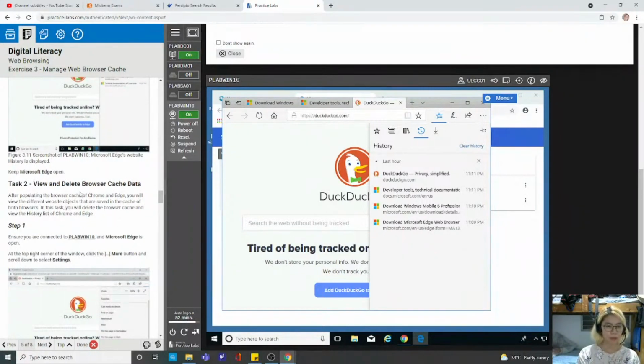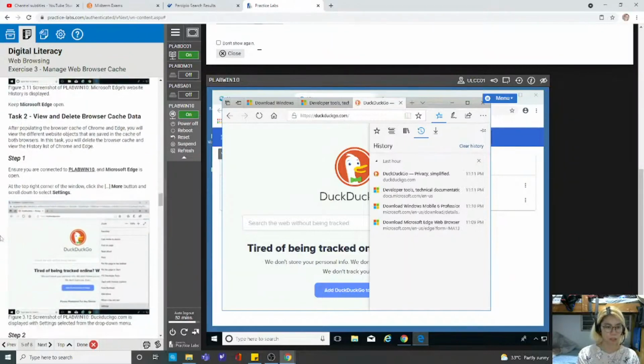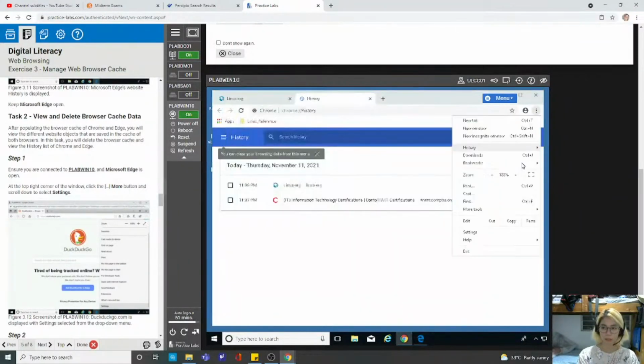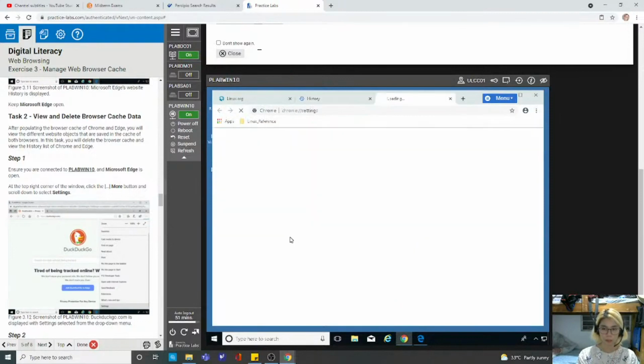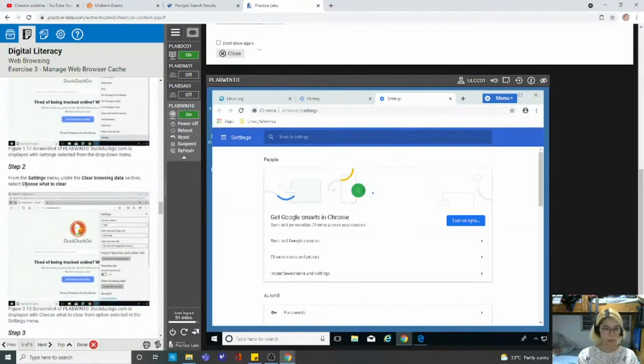Next task will be view and delete browser cache data. On Lab Win 10, this one. And Microsoft Edge is open. At the top right corner, we will click the More button and scroll down to Settings. Here, the Settings. Then, under the clear browsing data,